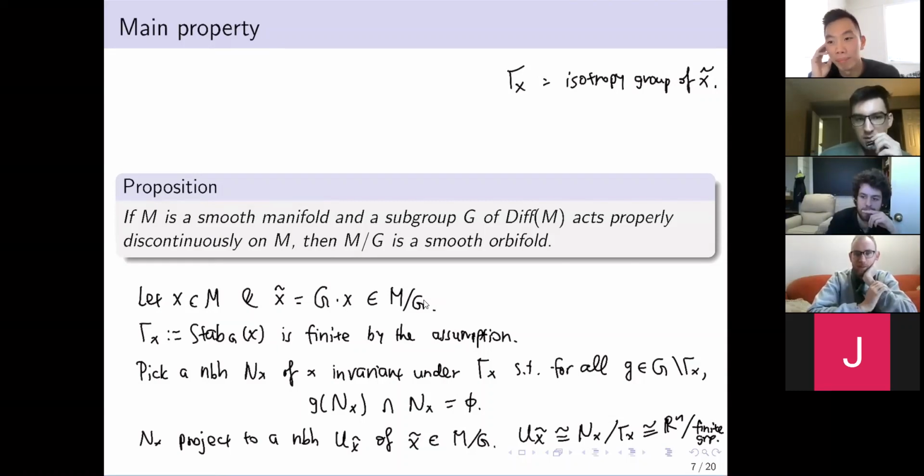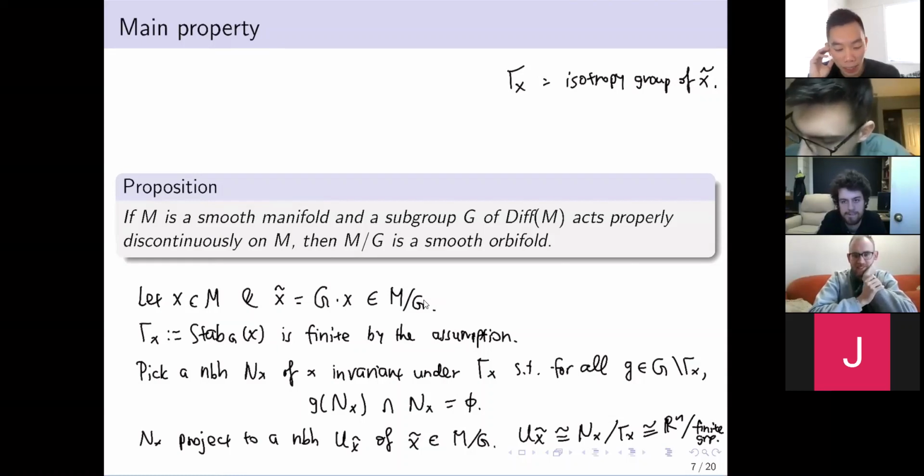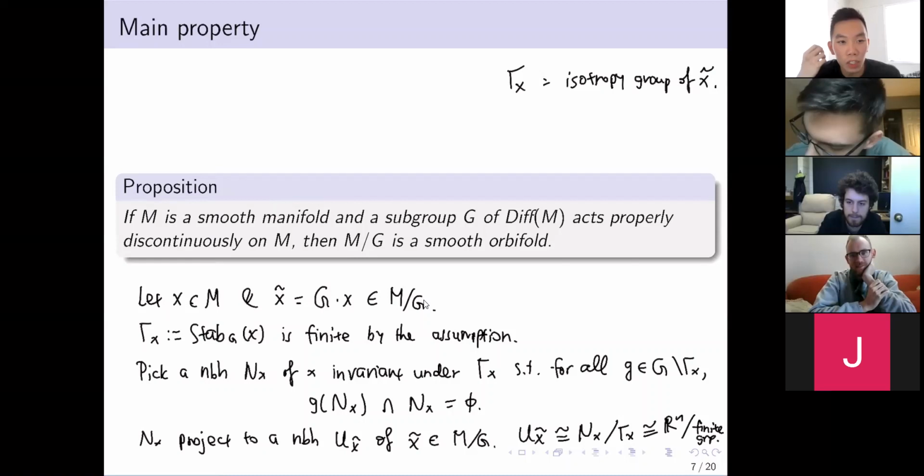I'm just trying to understand why we would call gamma x the isotropy group of x tilde and what this means. What it means is basically it allows you to model the neighborhood of x tilde as Rn modulo this isotropy group. If it's trivial, then this is just going to be a regular point. If it's not trivial, then it's going to be Rn modulo this group, whatever that is. As to why it's called isotropy group, that's a good question. I don't know. Okay, something to think about.